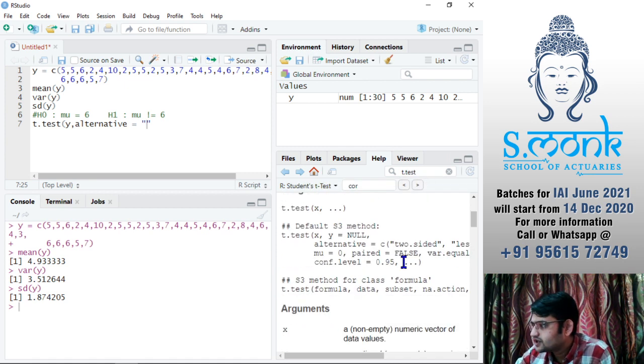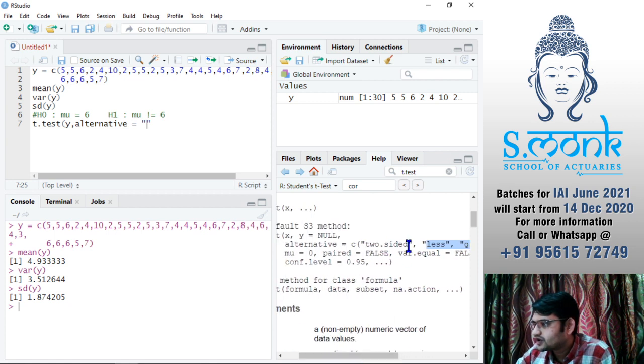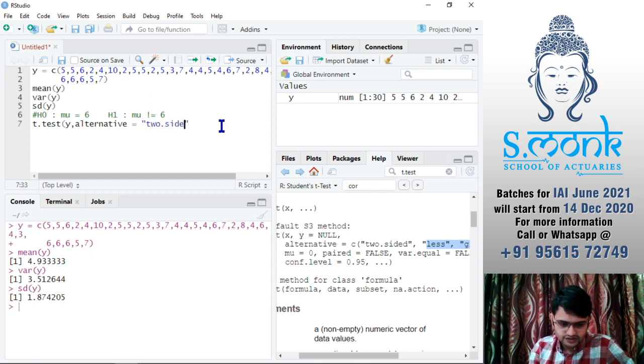You can see here you have two.sided, less or greater. These are the 3 options that you can give in alternative. Or you can write the initial values as well. I'll just write two.sided.